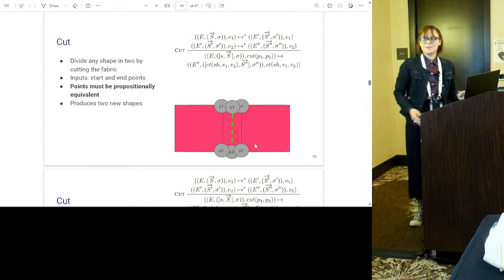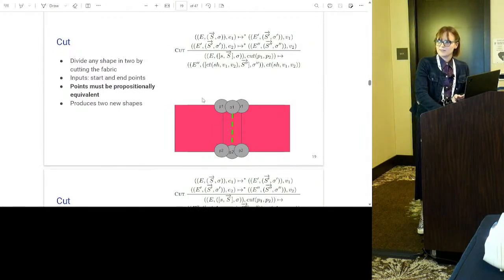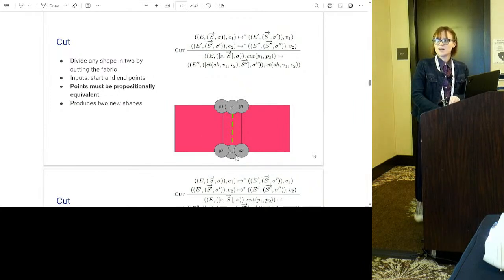But cut is now what we can do once we have that midpoint split. If we originally started with this pink rectangle and then we marked the top and the bottom edges, we could then cut in between them to create 2 new smaller rectangles based on that original shape. What it does semantically is that it creates 2 new edges and divides the existing shape into 2 new shapes.